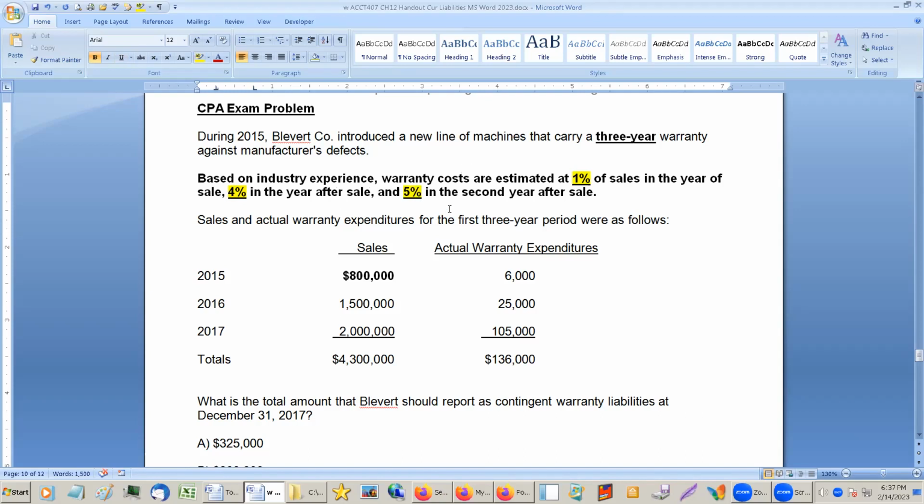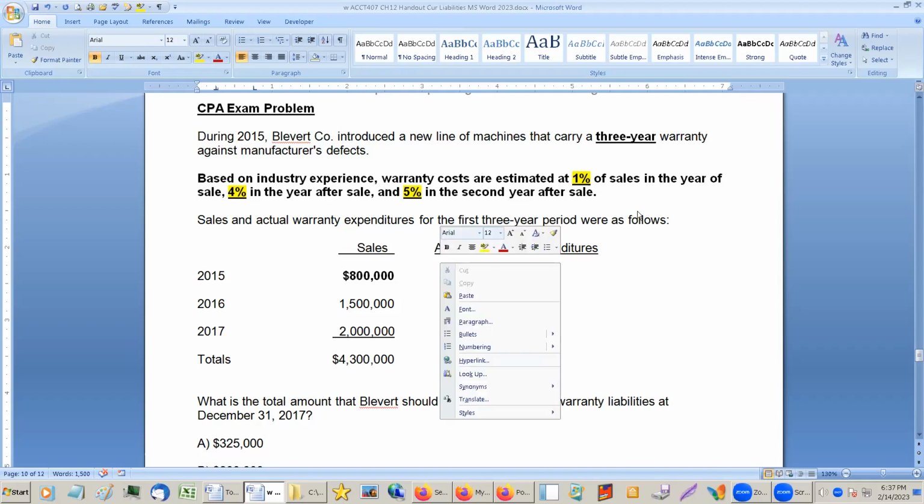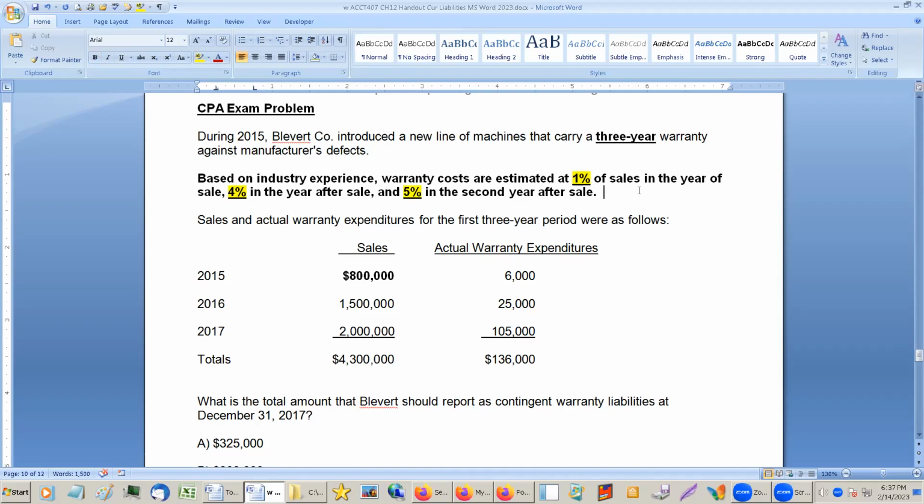We're going to recognize all of the estimated expenses right when we make the sale. Right when we make the sale, we're going to estimate all of the warranty expense for these products. So what percentage are we going to recognize? Is it 9? Or 10, sorry, my bad math. Yeah, you're right, 10. So this would be 1% plus